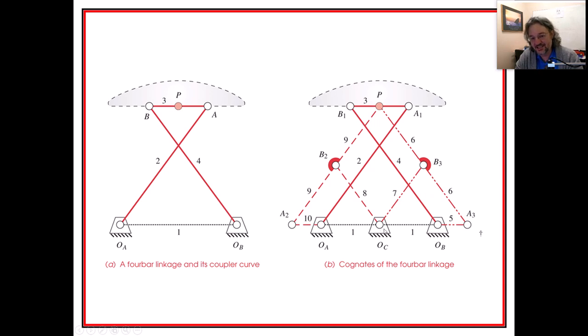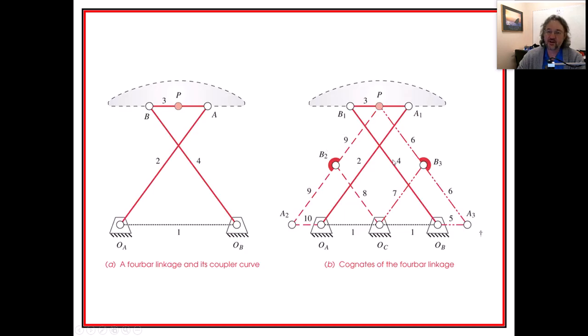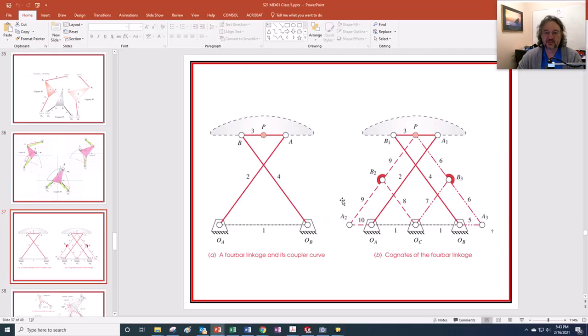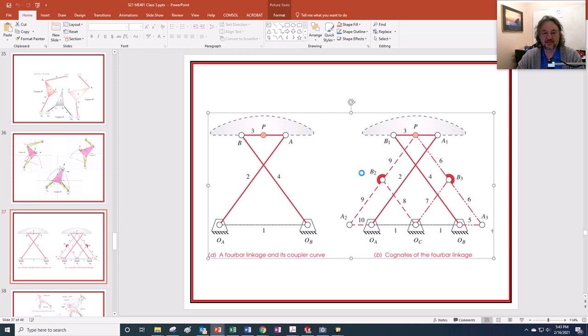But what you can see now is that within here, it's kind of hidden, you can see that there is the Hoeken right in there. And then here's the other, going the other direction with the Hoeken. So maybe this is a good one to try to do a screen capture of. Maybe if I go here and I save as a picture,